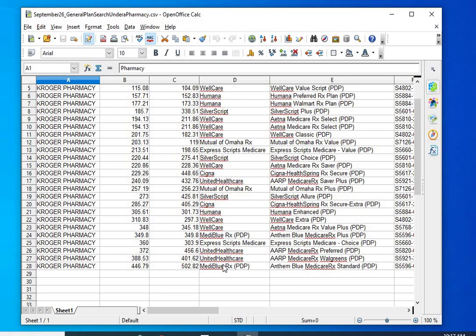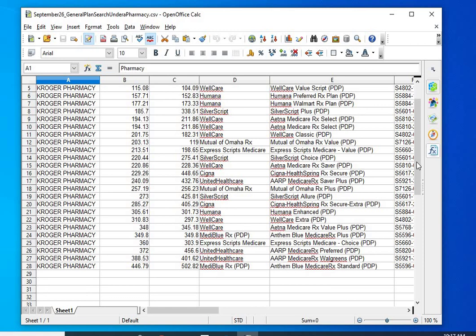And I'm only seeing 2 of those. And the least expensive option with Blue Cross Blue Shield at this particular pharmacy with those particular drugs between now and the end of the year would cost me